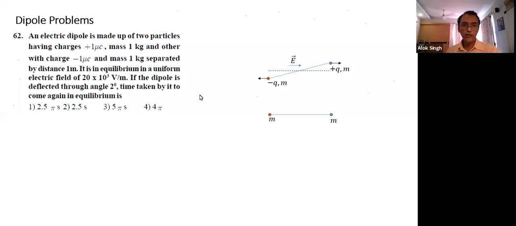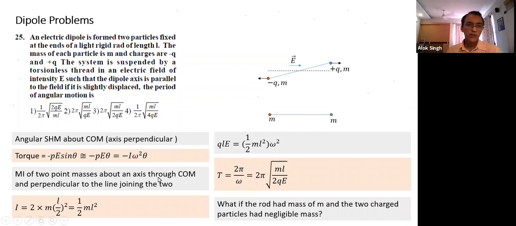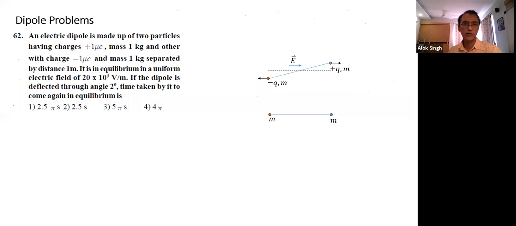So the significance of 2 degree, where does it come if I compare with the previous derivation? The significance of 2 degree comes here. For a small angle, I could have taken sine theta equal to theta. That's the significance. And the theta gets eliminated. It doesn't come into the final formula, but small angle is a necessary condition for having the SHM equation. That's the 2 degree. So what is the time taken to come into equilibrium?